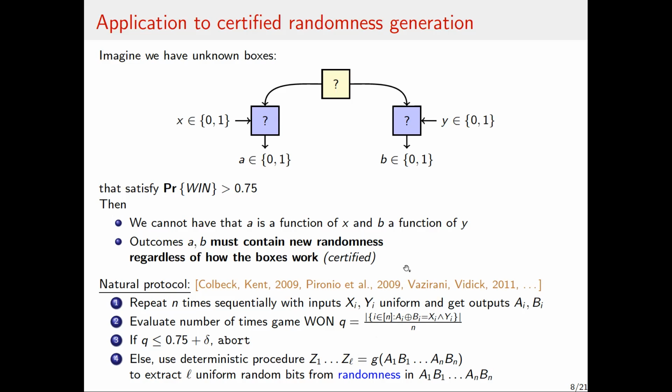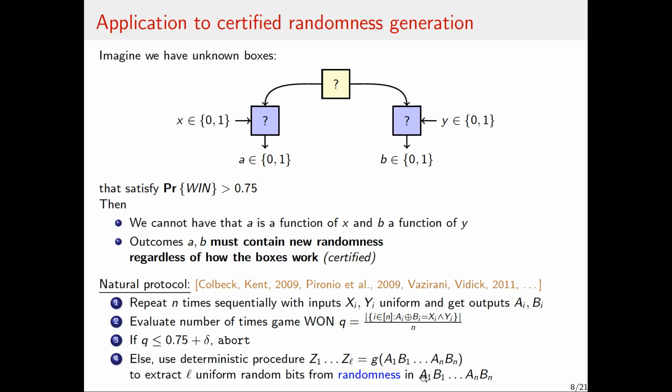And so two things. Either this fraction happens to be smaller than 3/4. In this case, I say this device is not good. The person who sold me this device is not working very well, so I just abort the protocol. But otherwise, and this is what we are supposed to have, if the device is working properly,